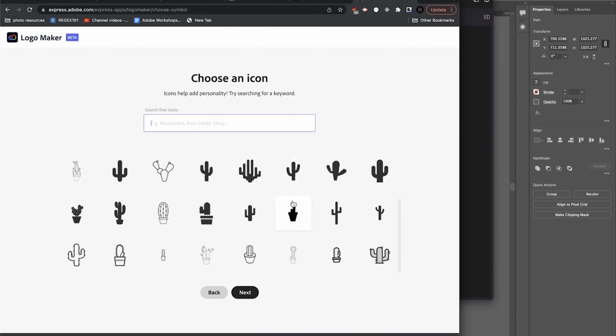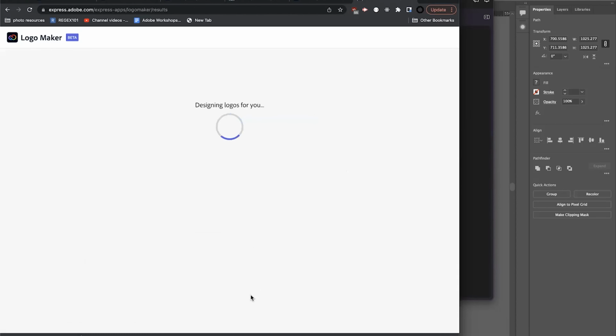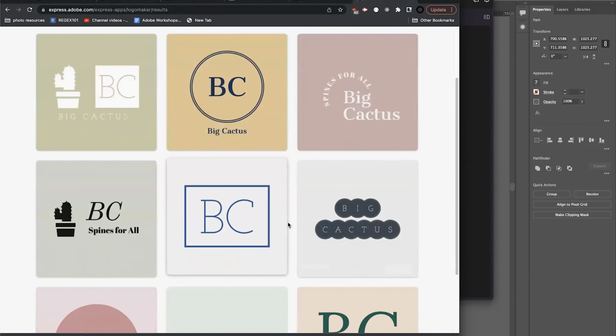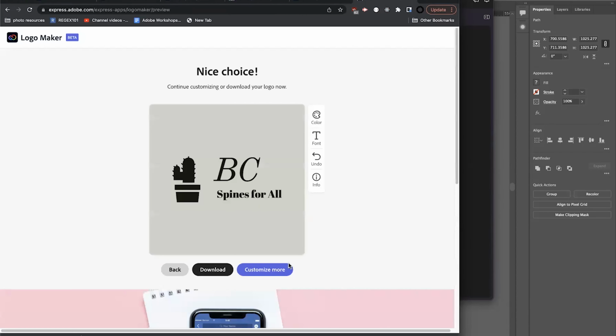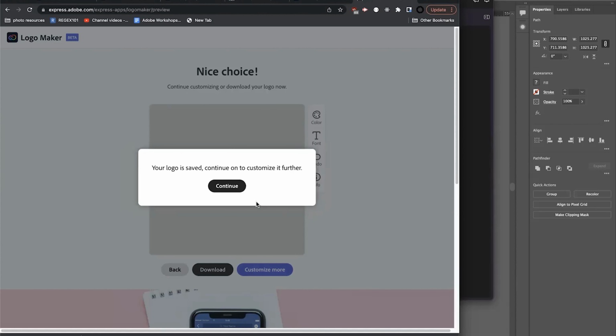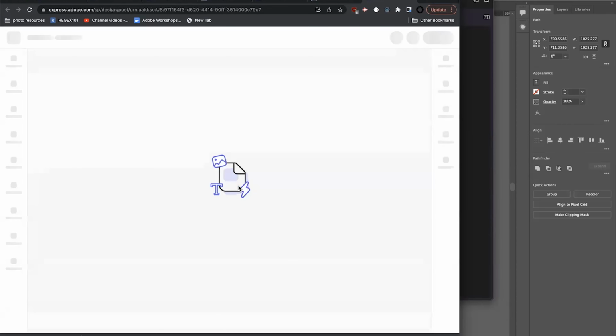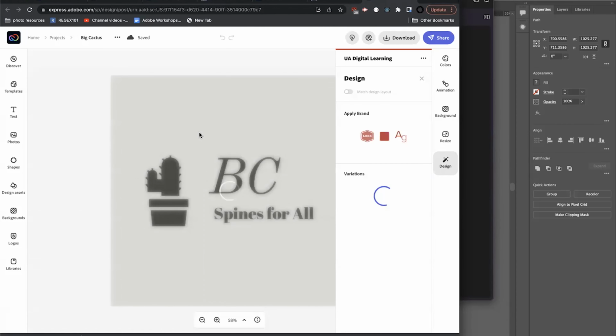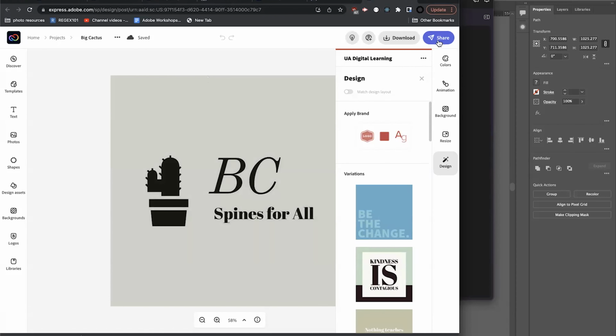How do you add a Spark compilation, like a graphic that you made in Spark? Okay, so basically you would just download it as an image and then upload it. So here, let me use this. Let's just choose a cactus here. And let's say I like this one and customize it. So anything you've made in Express, you should be able to open it up from your projects panel. And sorry, something walked by. And then you just download right here. So if I download as a PNG or JPEG,